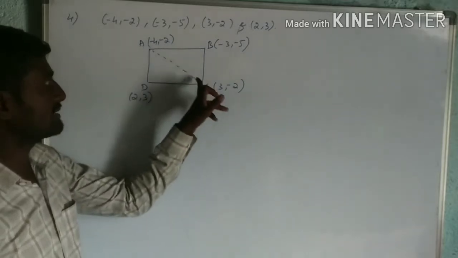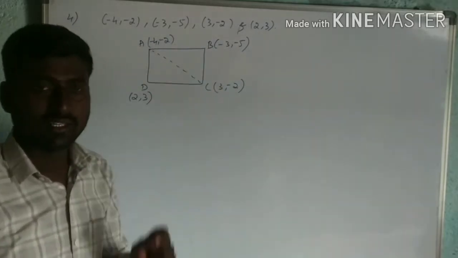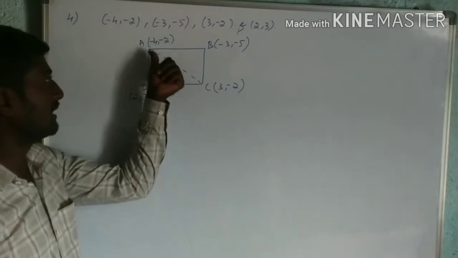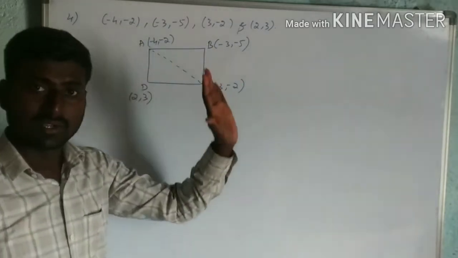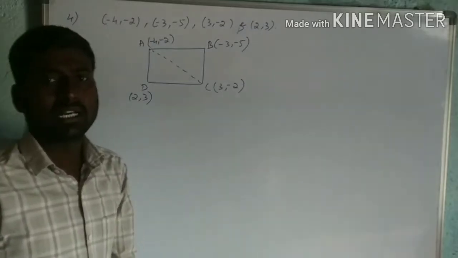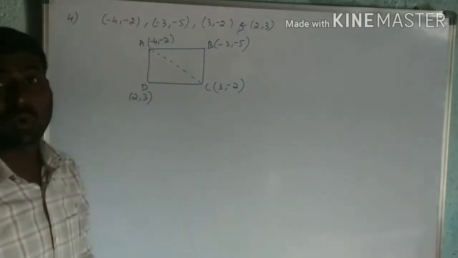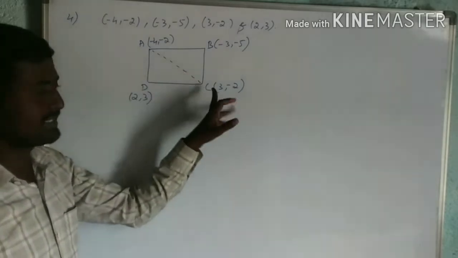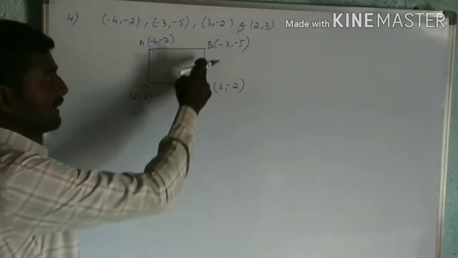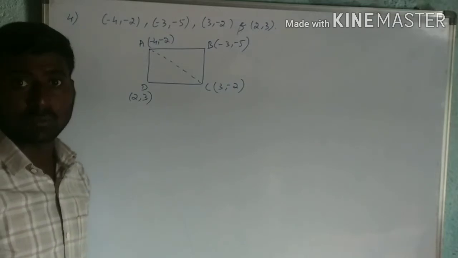Another one, ACB, another triangle. We can find the area of triangle ACD and ACB. Now you can add them, and automatically you will get the area of quadrilateral ABCD. So by drawing AC you can find it, otherwise by drawing BD also you can find it. No problem at all. Both are the same.